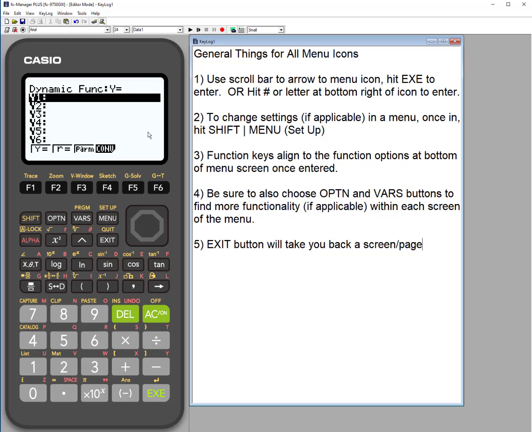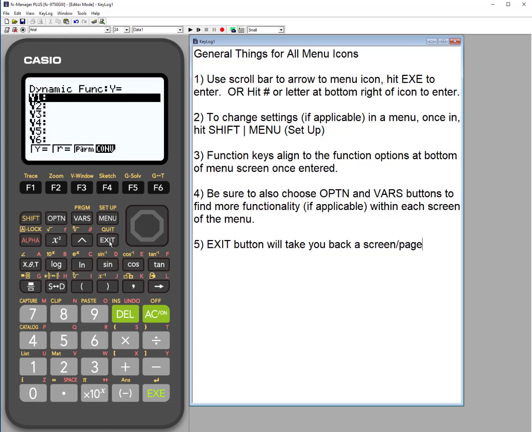Those of you who have looked at the graphing menu icon, not the dynamic, but the graphing, you'll notice that in dynamic, we have fewer options because dynamic means we're going to be using variables. So instead of 2x plus 3, we're going to use mx plus b or ax plus b, whatever we decide to use as our variables. We're really working with functions where those coefficients make sense to use as variables because we're looking at transformations. Dynamic graphing is about transformations of functions, so we're limited to make sure that we have actual functions. That's why there's not as many as in the graphing menu.